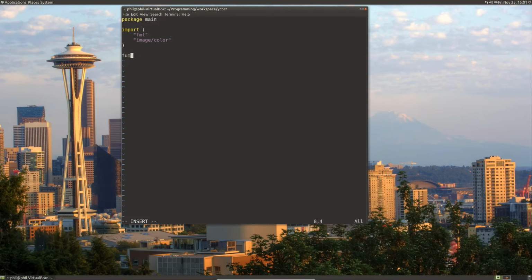So let's create a main function, where we'll write our test program. But for now, let's write our functions for RGB to